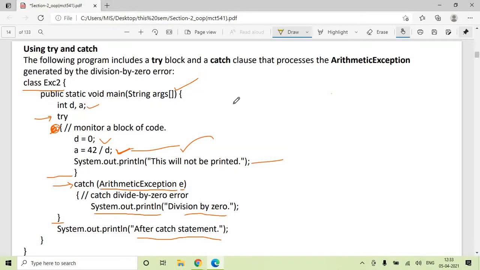Okay, your program will start executing from here. It will go line by line, sequential execution. Here it will encounter an exceptional condition wherein the denominator is 0, and a divide by 0 exception will be there. So here an object of the appropriate exception type gets created. Now what is the type of exception which is getting generated from here? It is of arithmetic exception type.